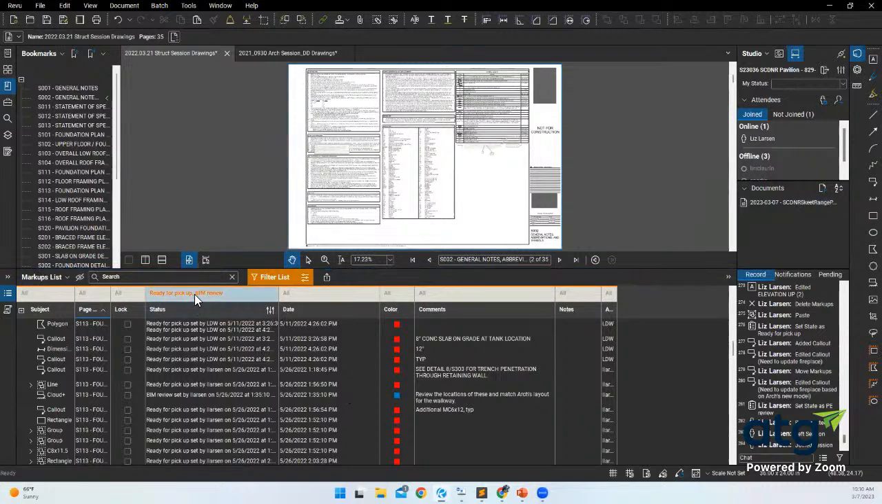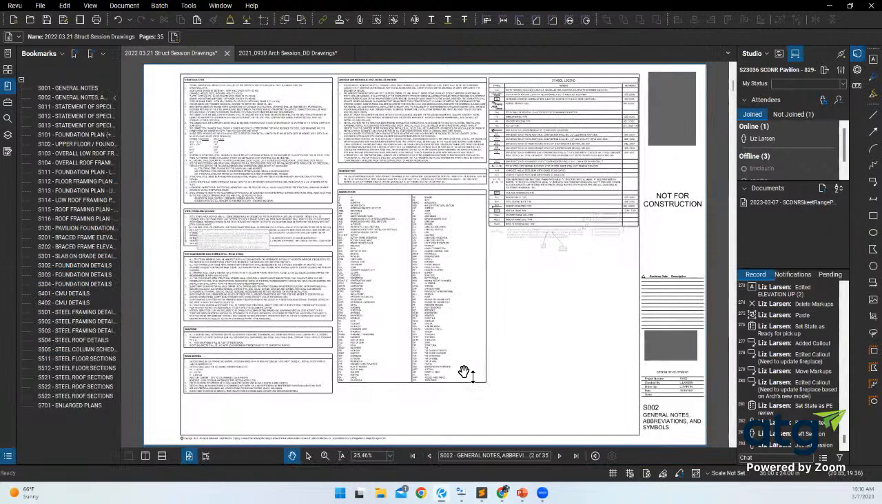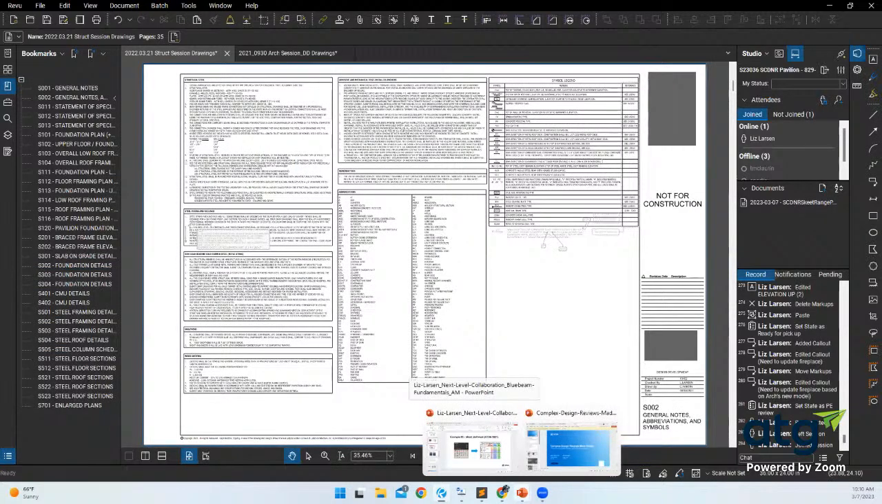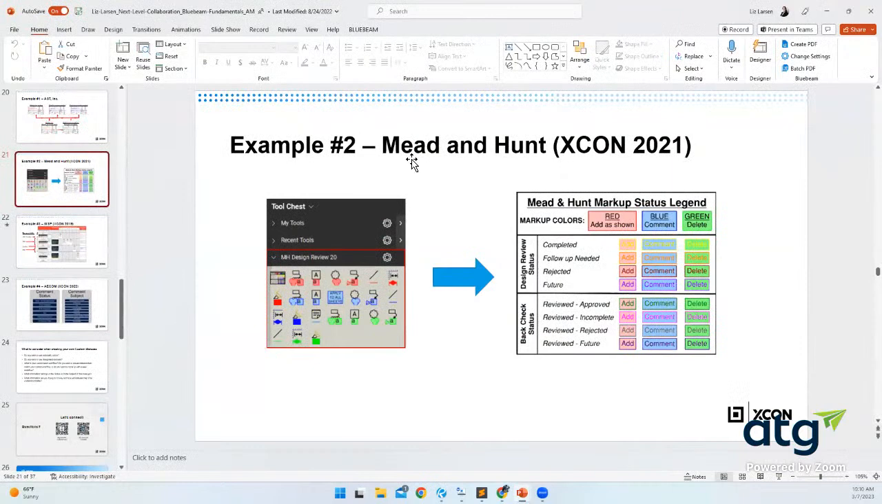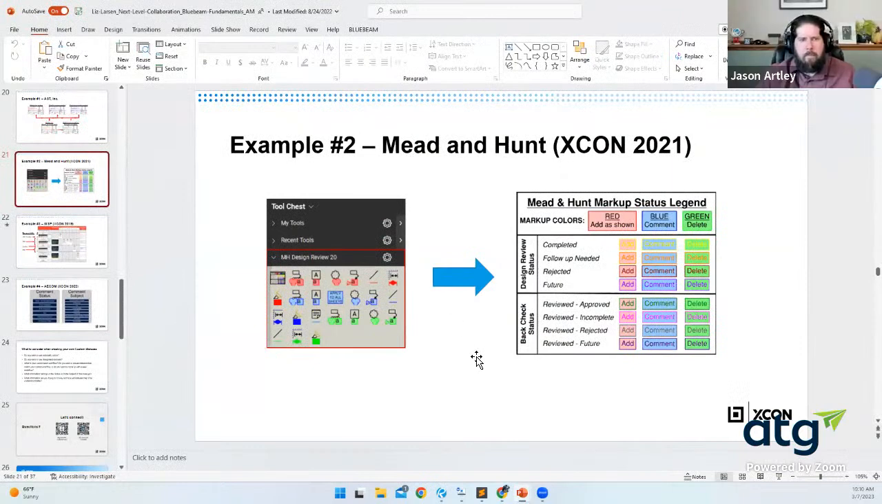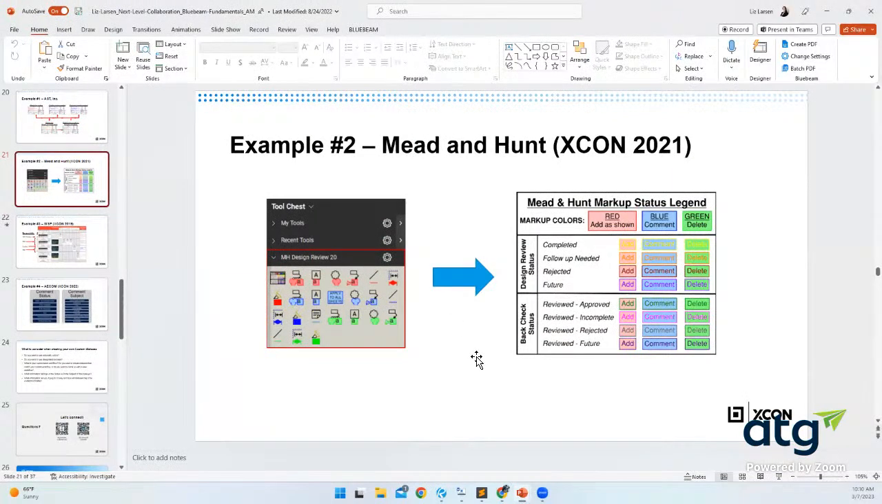So these are how our statuses work. Every time I go to XCon, I look at other people's statuses. I always go to stuff about Session because I'm interested in what other people are doing. So this is what Mead and Hunt did at XCon 2021. They use custom tool sets, and